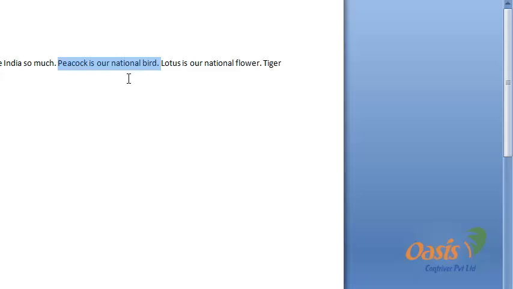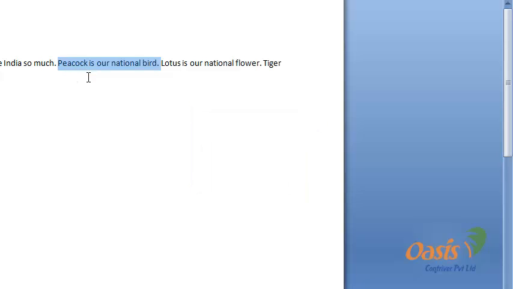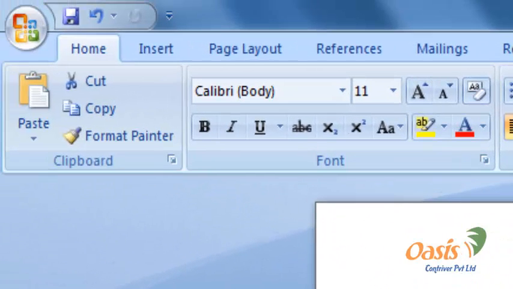Suppose now you want to copy this and you want to put it twice, once here and once at the end of our paragraph. So after selection, we will go to this clipboard group and click on copy.